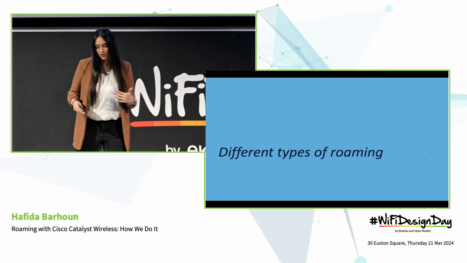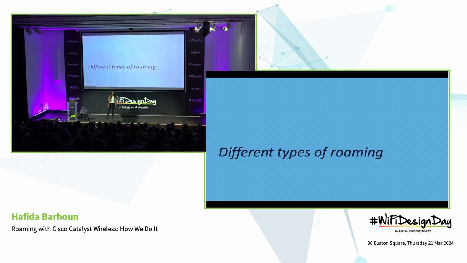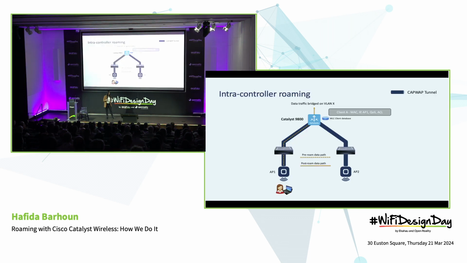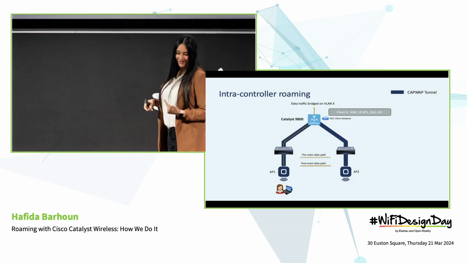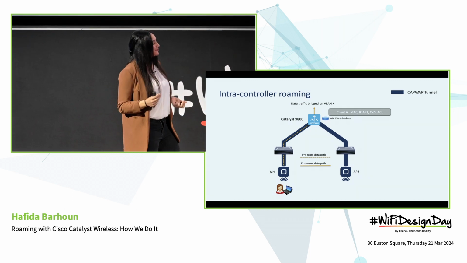So now that we saw the different roaming techniques, we're going to see the different types of roaming in the Cisco Catalyst wireless architecture. So we have two types of roaming. The first one is the intra-controller roaming, or the roaming that occurs between two APs managed by the same 9800 controller. Or we have the inter-controller roaming, and sorry for my English